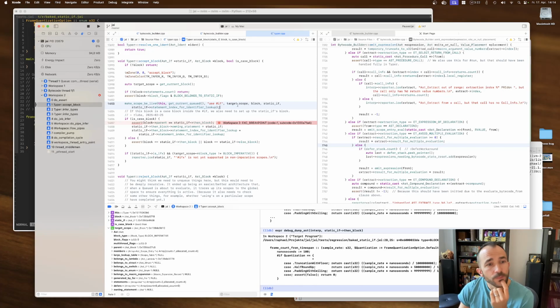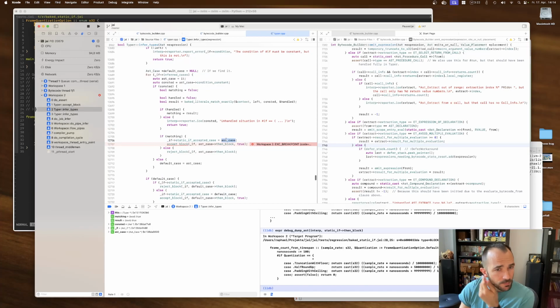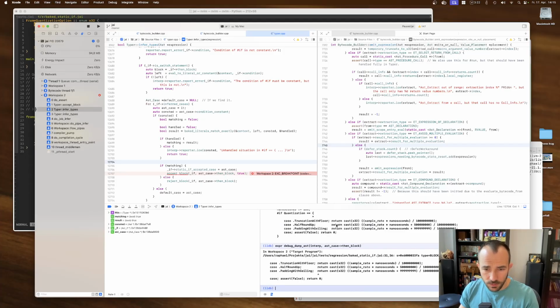So the else case's then block is set up incorrectly, not as the assert expects. We will have to see where this gets parented. So we're gonna take this one, which has this serial number, and we'll see when it gets generated.